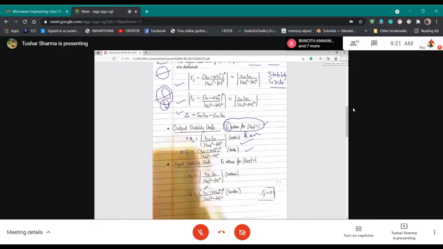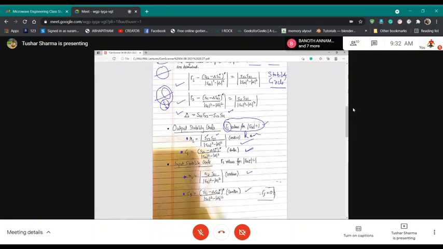So for that it is important to understand two things: output stability circle and input stability circles. I showed here how we can calculate the radius and the center for the output stability circle, and we similarly calculate the radius and the center for the input stability circle. So this is simple. The delta is given by this. It's S11 S22 minus S12 S21, minus delta, and similarly for the input, this is the radius, this is the center.